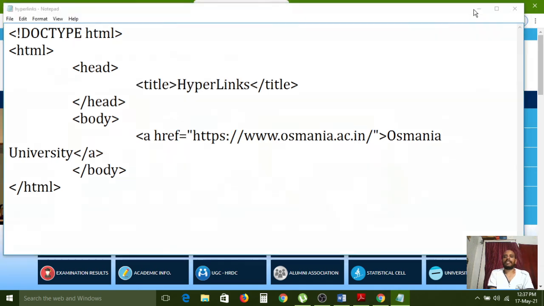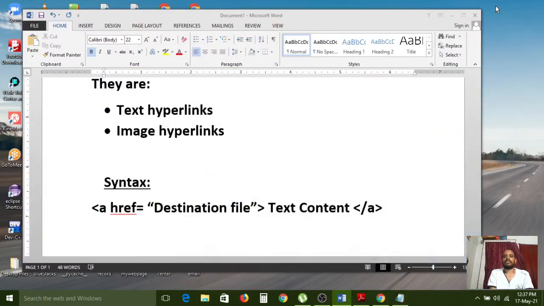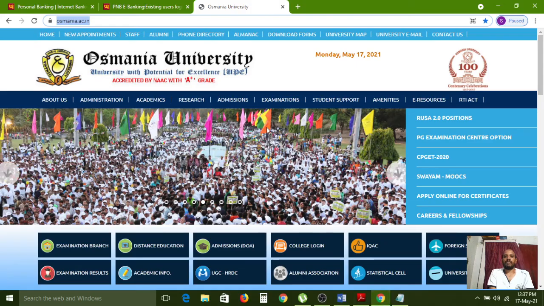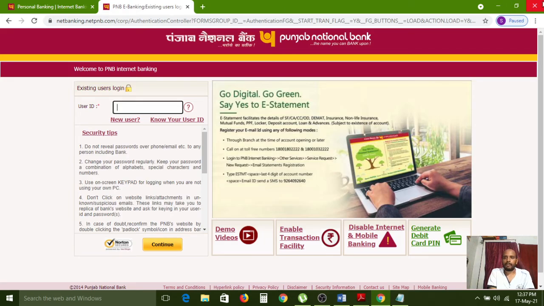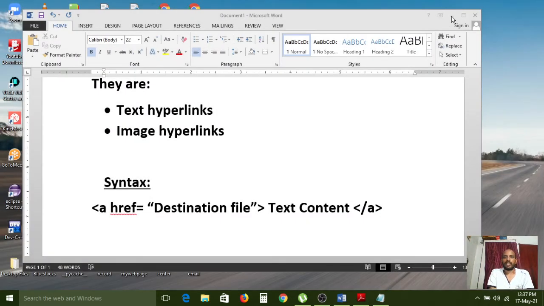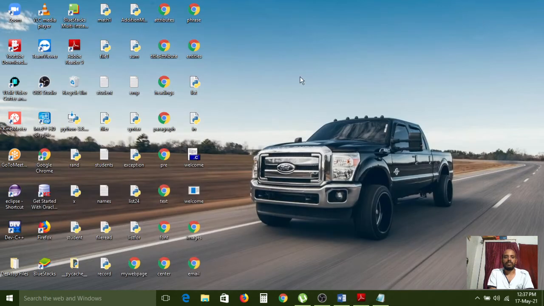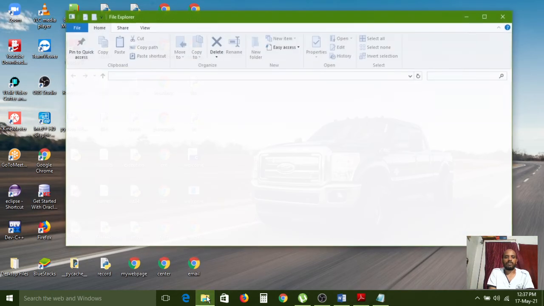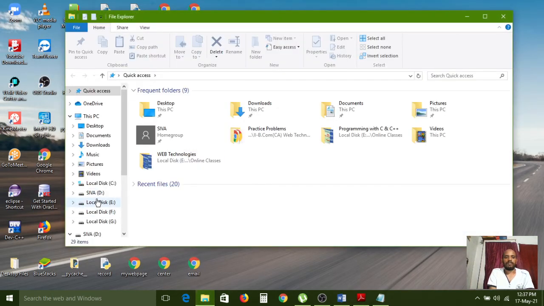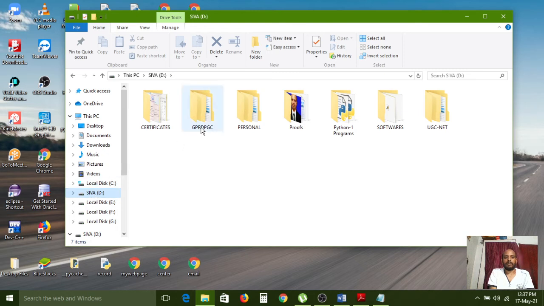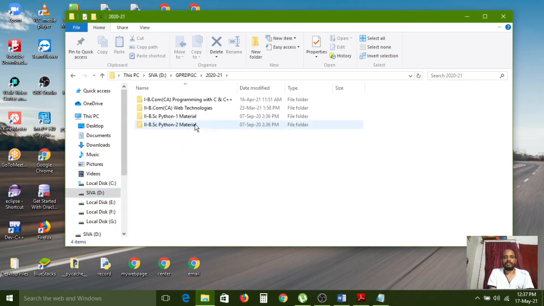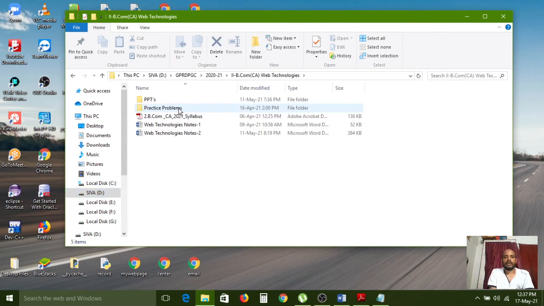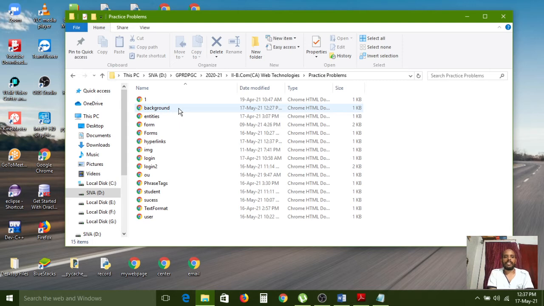Now I am minimizing this code, and closing the browser window and minimizing this Word document also. And now I am going to the save location, Web Technologies Practice Problems. So here the hyperlinks file is there now.